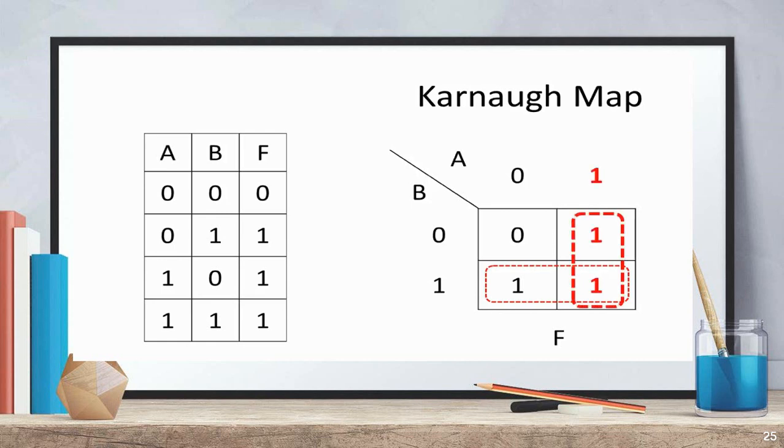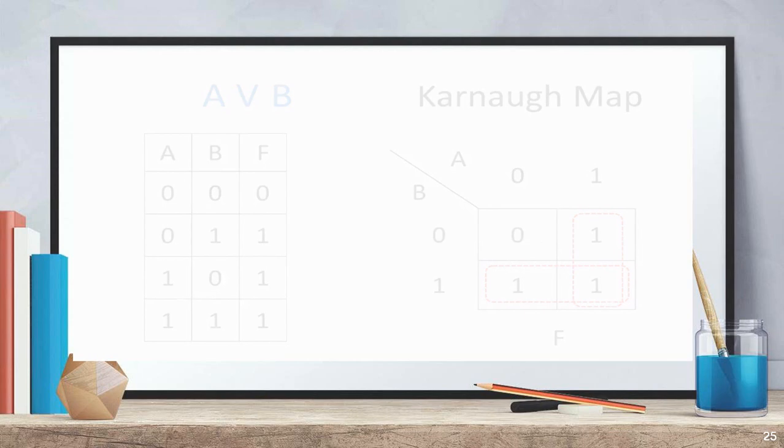The ones in the vertical group always match the input value A, so the vertical grouping can be expressed simply as A. The ones in the horizontal group always match the value B, so the horizontal grouping can be expressed as B. Hence, this KMAP represents the expression A or B. It is indeed